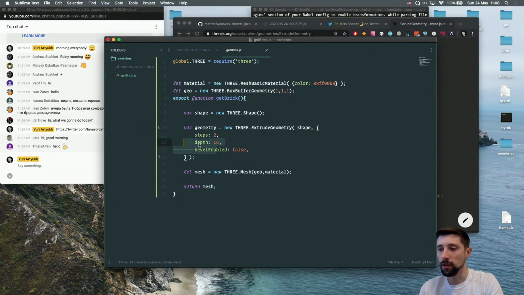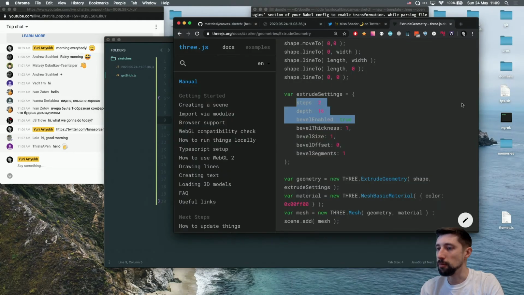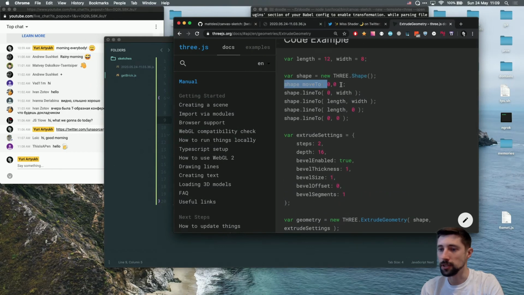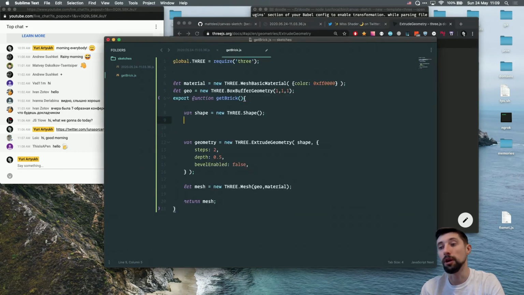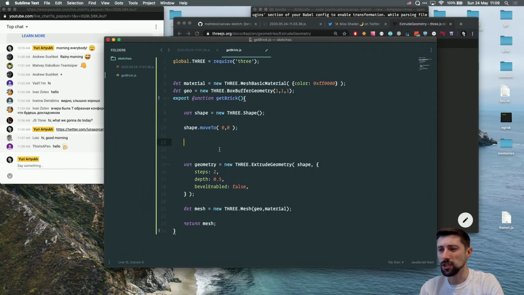False. I don't want to spell well. Alrighty, so now the only thing left to do is to create this shape. Depth 16, I think it's too big because my whole screen is just something like 1 or 2 meters, units. The shape. First we move to some point in space, in two-dimensional space actually, and then just create